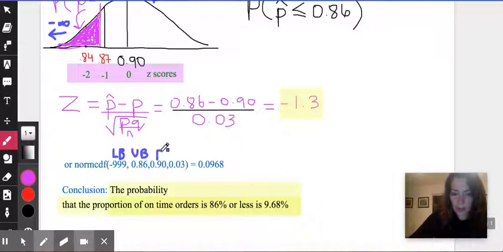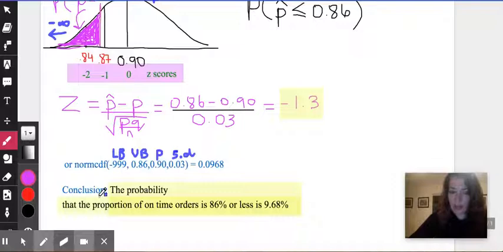This is our mean right here, which is the population proportion equal to the sampling proportion. And this is our standard deviation of the sampling distribution, so this is our standard deviation of the statistic. Looking at that, we get